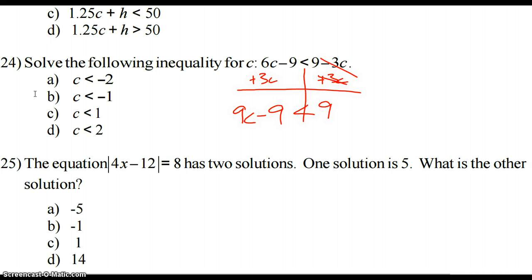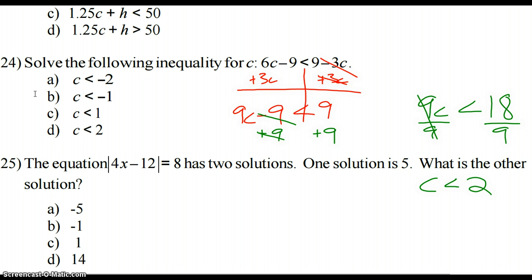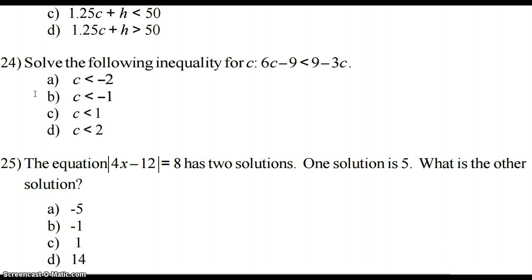All right. And now to solve for C completely, we get rid of everything else that's over there with it. We'd be left with 9C is less than 18, and then we would divide by 9, and we would get C is less than 2. Looking at D. All right, and lastly, looking at number 25, we've got,